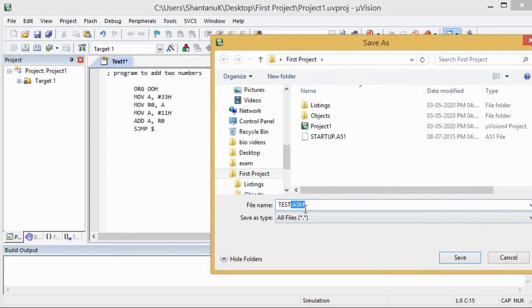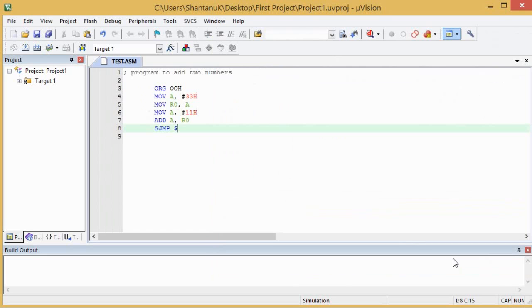By giving that extension, we are telling the software that whatever program is written is an assembler program. Save. After saving, you can see the look of the program has changed. You can even write the program first and then save it, or first save the file and then start writing the program. That is also fine.